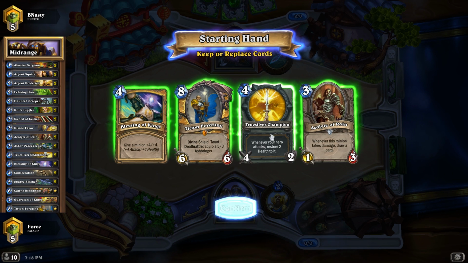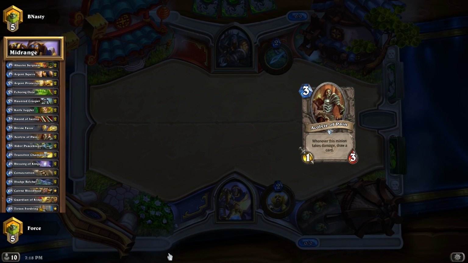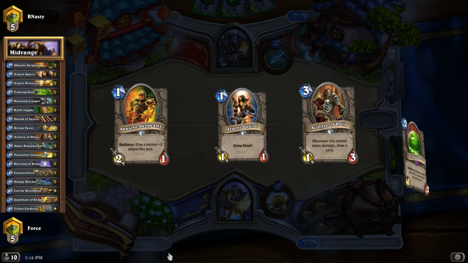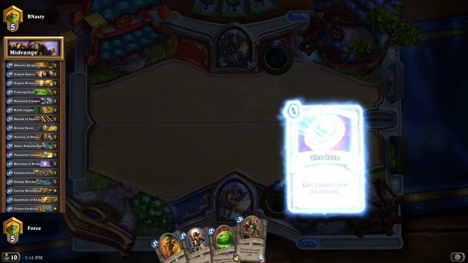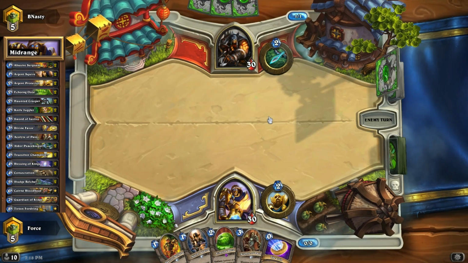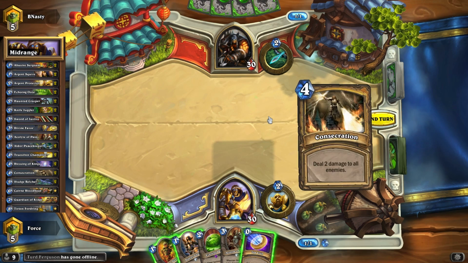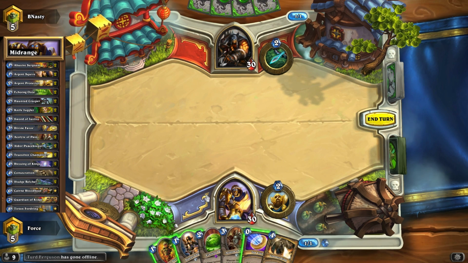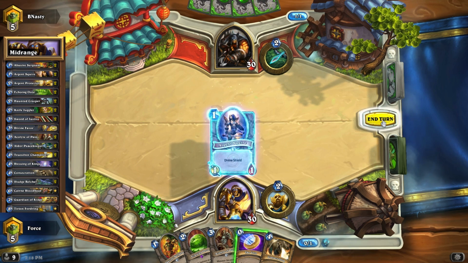For our example game for today's spotlight, we will be playing against a Hunter, quite fitting given the current meta. We'll hold on to the Acolyte of Pain, dump everything else, because we really look for some early game value to offset his early game damage that he'll be coming out with. The Webspinners, the Animal Companions, all of that stuff. So we're going to start off with the Argent Squire. Great thing is we've got the Abusive Sergeant here, which is going to make it that much easier for us